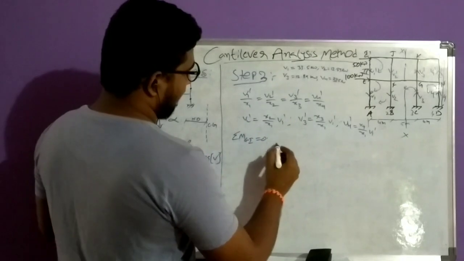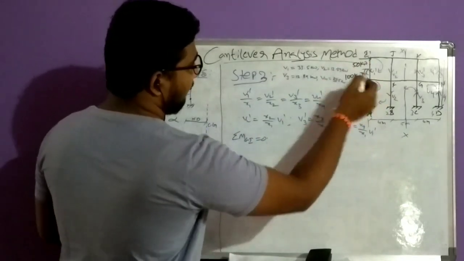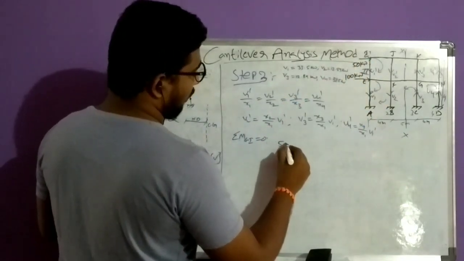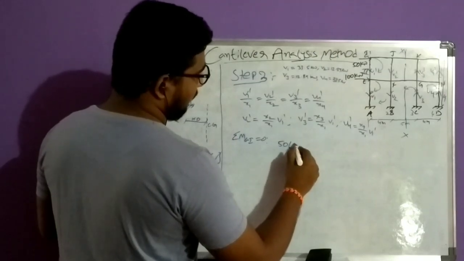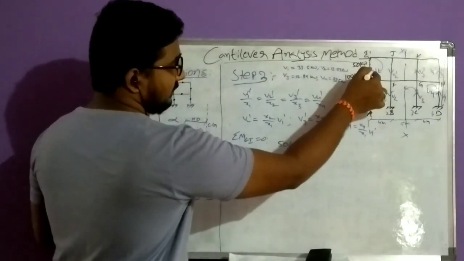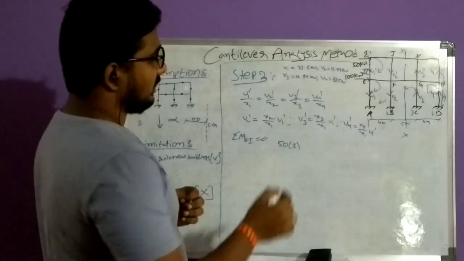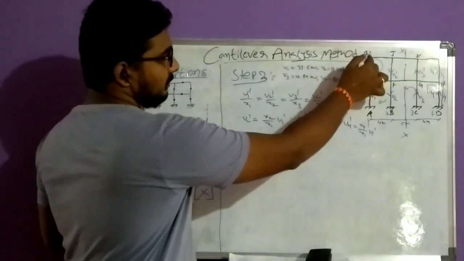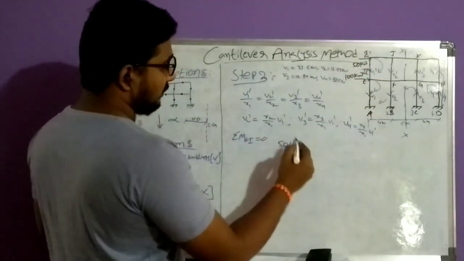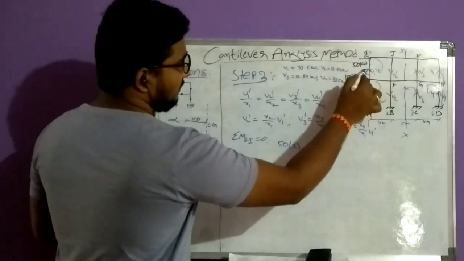In the same way, we know that here only 50 kilonewtons is acting. Same, clockwise is positive. 50 into 2 meter. 2 is nothing but half of the span, because we are calculating at the center as per assumption 1. So span by 2, which is nothing but 4 by 2, 2. And this moment is positive.